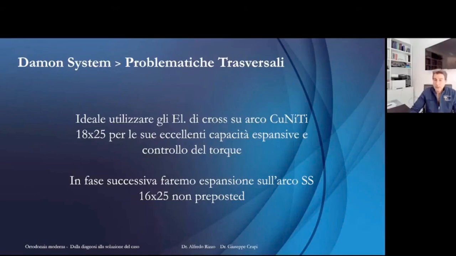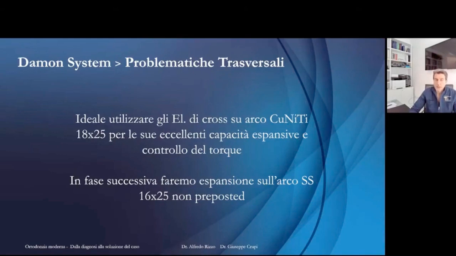Moreover, in the 18/25 copper nitride arch wire, which has this excellent expansiveness and torque control, it's very well studied, it's very well known. We see not simply an expansion, but we also see the expansion relative to torque, or with the consideration for the correct torque. At the next phase, where we will go from copper nitride to stainless steel arch wire, we can use